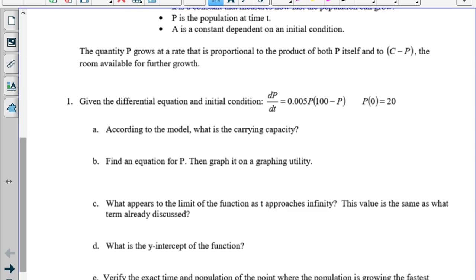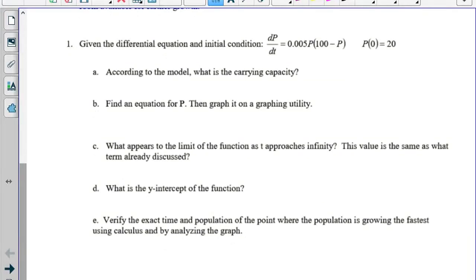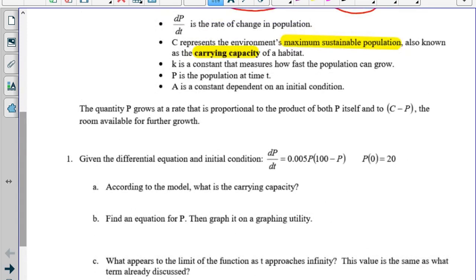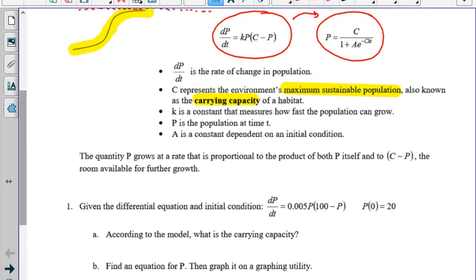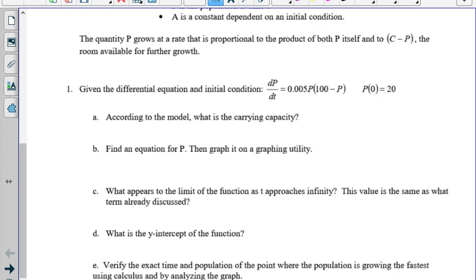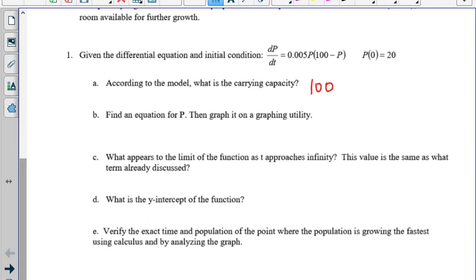Now let's get to some examples. Number one, given the differential equation and initial condition, let's discuss the following questions. According to the model, what is the carrying capacity? Well, according to what we saw earlier, the carrying capacity is C in this case. So if we're looking at this model, the carrying capacity is 100. Find an equation for P. Once again, we'll talk about the calculus that gets us that equation later, but we know that this equation is